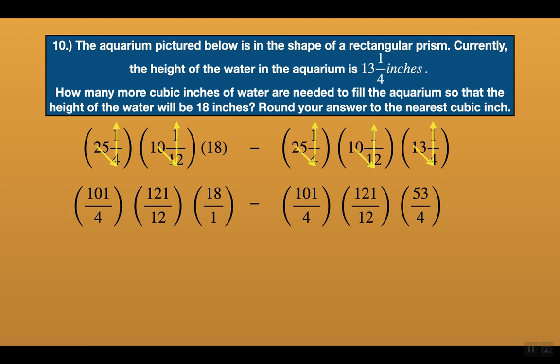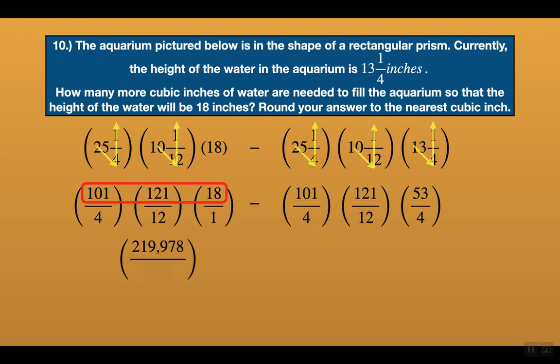Okay, now for our next step, let's multiply each side. Okay, so on the left-hand side, we're going to multiply all the numerators because that's how you multiply fractions. You multiply the numerators times the numerators and the denominators times the denominators. So we're going to multiply all three of those numerators. 101 times 121 times 18. And that's going to give us